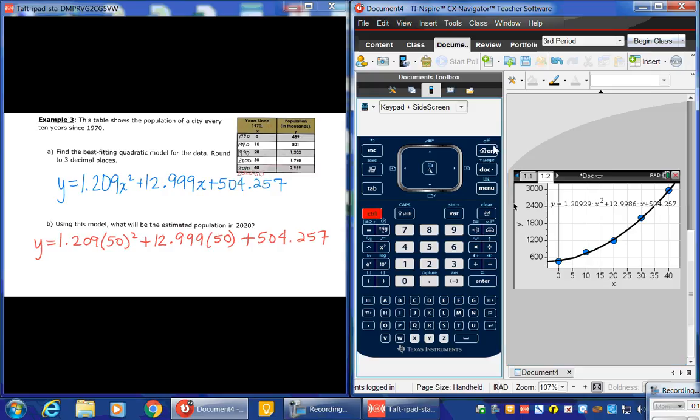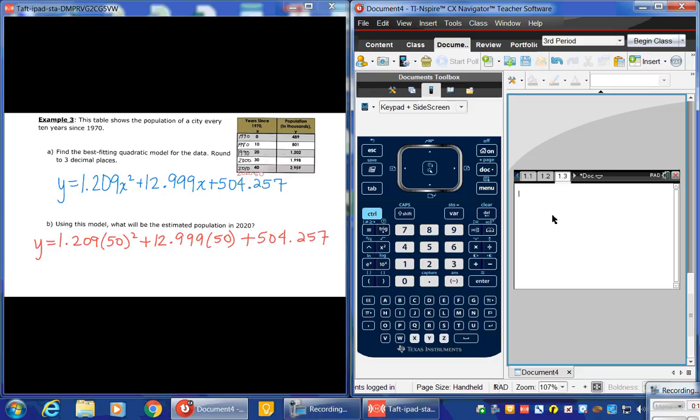So let's go ahead and add a calculator page and evaluate. So I have 1.209 times 50 squared plus 12.999 times 50 plus 504.257. And that gives me y equals 4,176.71 people. Well,